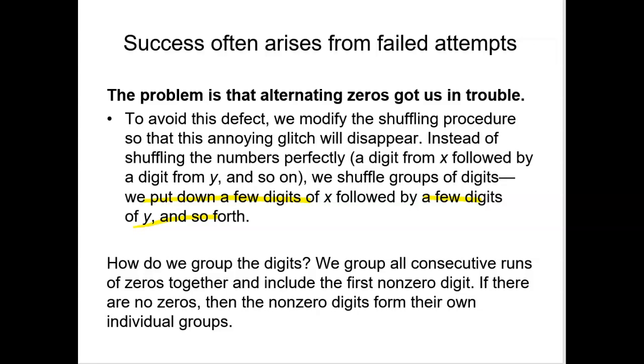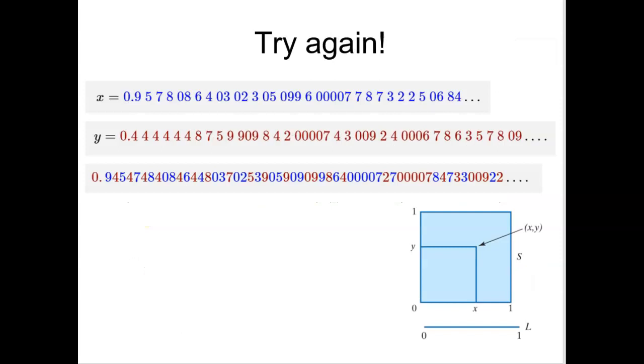Well, we know that zeros are the issue. So let's group all consecutive runs of zeros together and include the first non-zero digit. If there are no zeros, then the non-zero digit forms its own individual group. Let's see an example. Okay. So we've got our X here. So to get to our Z, we take the 9, and that goes there. And then we go to the 4, right? We haven't come into any zeros. We take the 5, we go to the 4, no zeros. We take the 7, we go to the 4, we take the 8, and now we go to the 4,